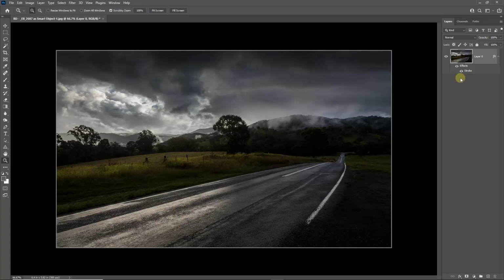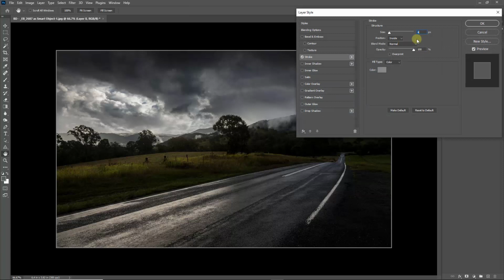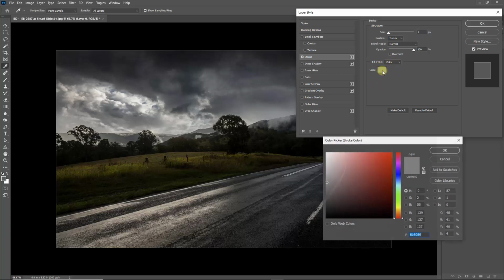To get a similar sort of effect to the one we got before, we'd need to apply a stroke here of about probably 1 or 2. Let's try 2. That looks okay, but even 1. If I put 1 on there and I made that colour just a little bit brighter,